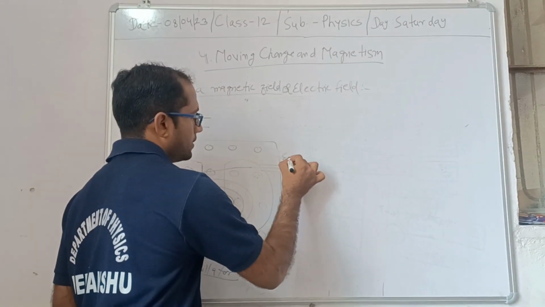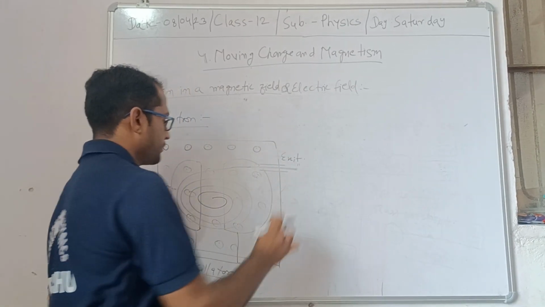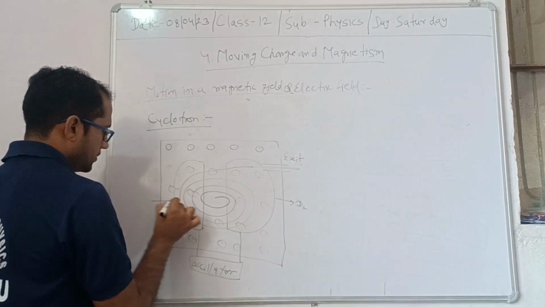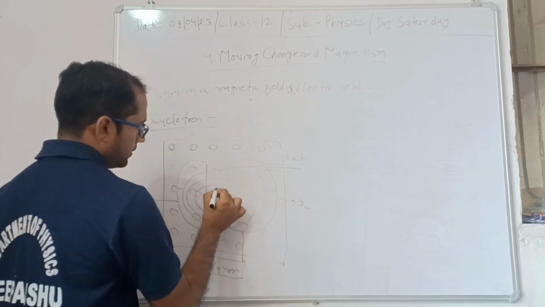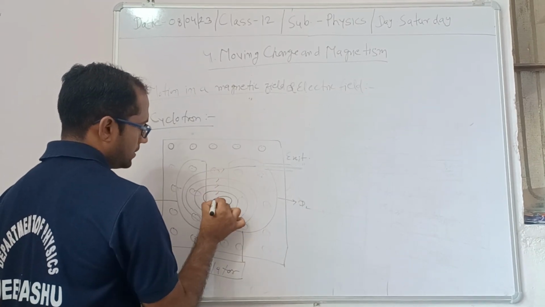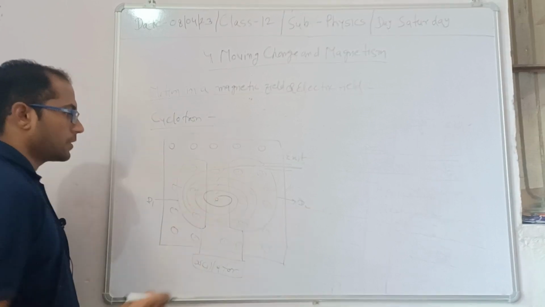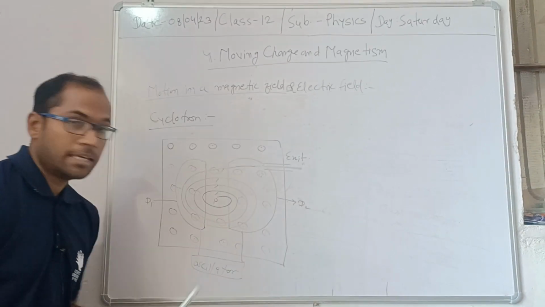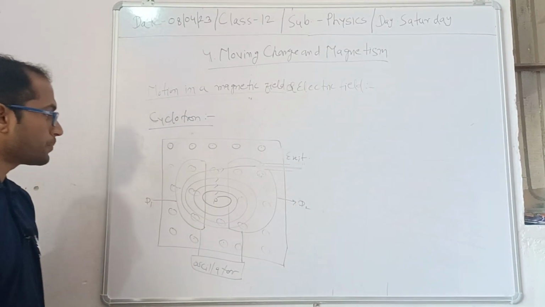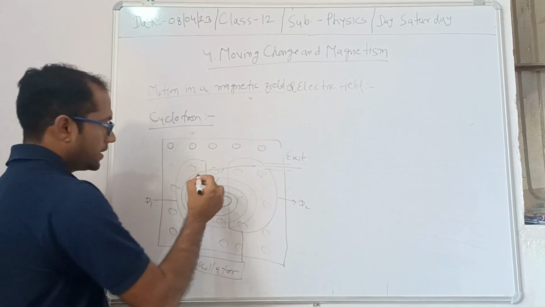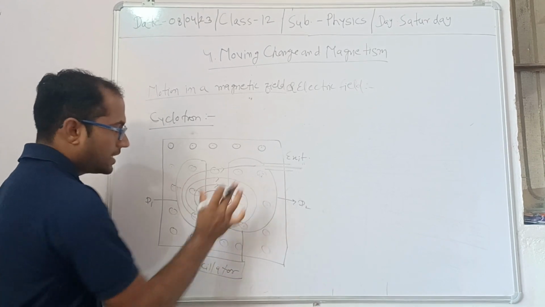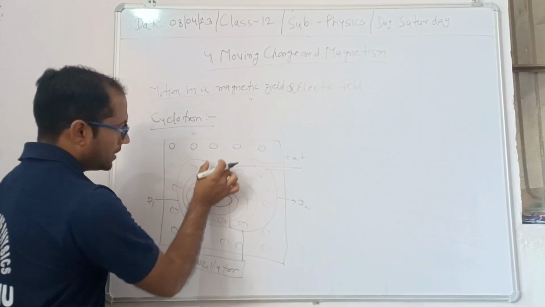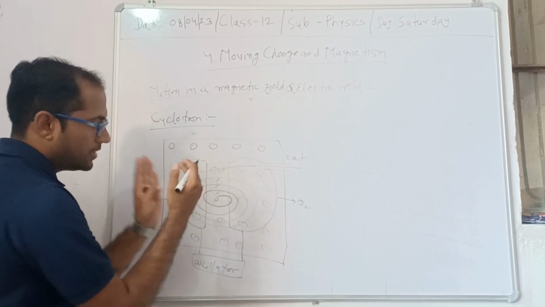So how does it happen? This is D2 and this is D1. This is the motion of the particle like this. This is point P, where a particle is produced. Actually in the cyclotron, a particle is produced at point P, and the electric field is only generated in this area, not in these. In these only a magnetic field is produced, but the electric field is produced in this blank area between the D's.